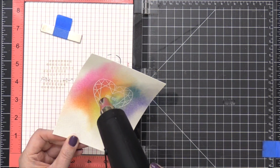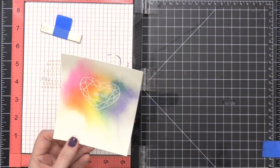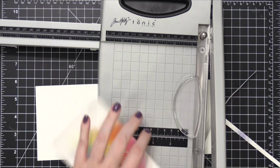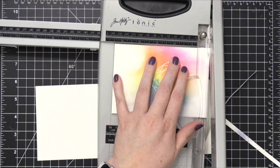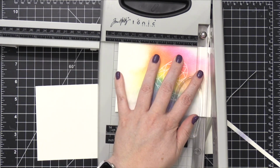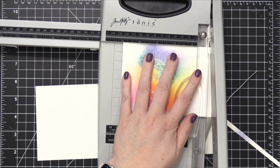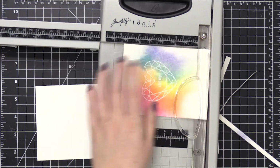So I'll use my heat tool, and I'm only heating this until I can see that it's melted. You don't want to heat it too much because you run the risk of that embossing powder melting into that highly textured watercolor paper. I trimmed down my watercolor piece so that it was 5 inches tall by 3 3/4